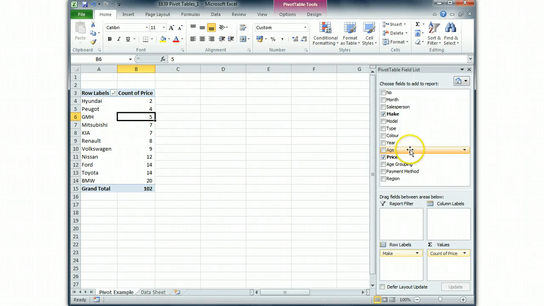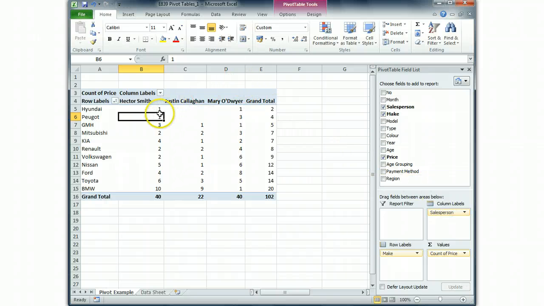And what we can do now is cross-reference this by dragging into the column labels box another field that you can group by. So let's have a look. Actually, I'll use salesperson. There are 3 salespeople, and here we can see how many cars were sold by each of the salespeople and what sort of cars